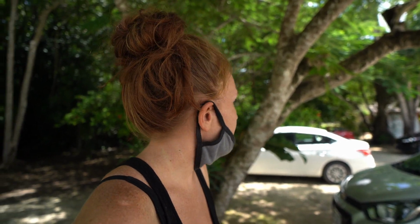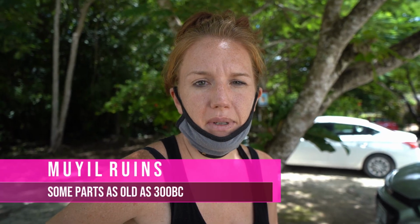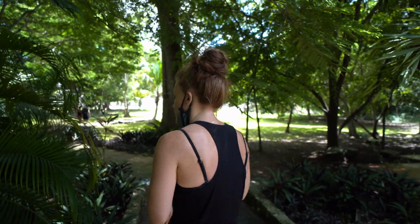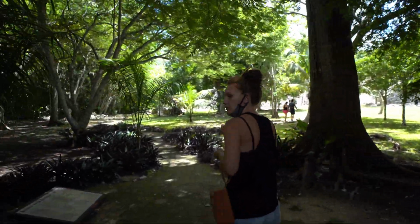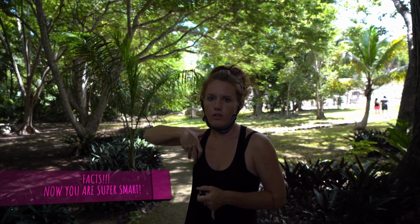So we stopped at this little town on the side of the road because we saw a sign for ruins, and it looks like there's some Mayan ruins maybe here. But we're gonna stop and look around a little bit and see what we can find out here. Place for trading. So it said within this Ikson Biological Reserve there's like 20 different archaeological sites, some small, obviously some large like